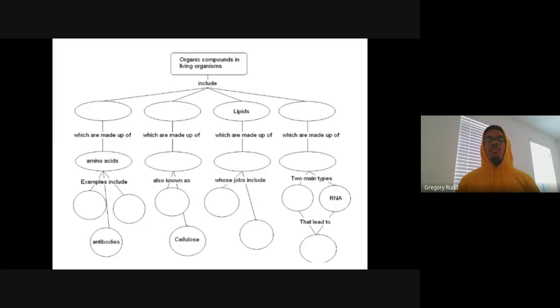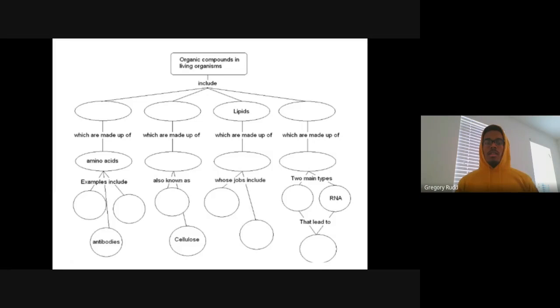Efficient, meaning it shouldn't take you too much time. You shouldn't have to pore over every single word of every single text that you read in your notes. You should be able to pull out information, and it should be effective in that you should be able to pull out the most useful information to you. All right, so you want to be able to find the words and the phrases and the dates and the facts that are going to be useful for you as you take assessments going forward and as you try to